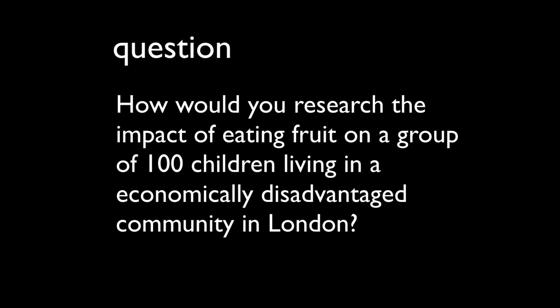I was just going to say, if you've got 100 children living in a disadvantaged community in London, it doesn't mean that all those 100 children are disadvantaged, so you'd have to research their individual backgrounds, because other things might influence the data, if that makes sense. Absolutely. So it's even more complicated, which goes back to your original point of questioning everything in that statement and trying to understand all the terms in it. An economically disadvantaged area can have a huge diverse range of income levels just within that, and it adds even more layers of complexity to this.